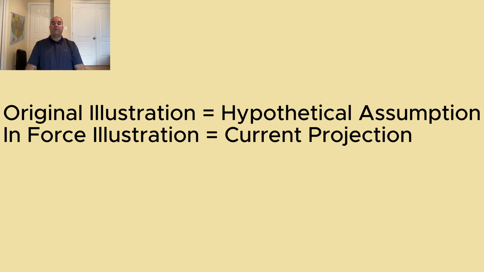In this video, I'll explain how to order an in-force illustration, which is the current policy projection for your universal life insurance policy. Your insurer is not required to send this to you on an annual basis, only if you request it. Your annual statement only shows the current policy values, not the future projection, which is far more important. I think most of you may be in trouble with your very own policy.